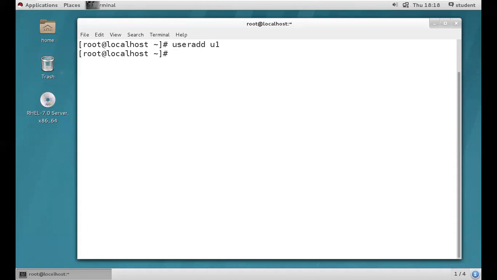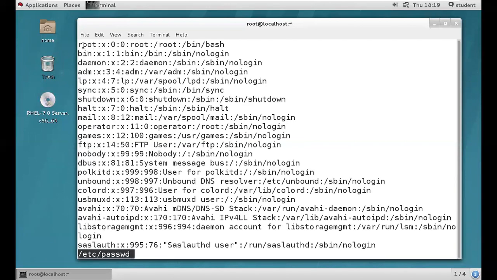Yesterday we discussed that when you create a user account, the user related properties are stored inside the /etc/passwd file. So we are going to use the less command on /etc/passwd and open this file. You know this file very well. While we were discussing the vim editor, you said it looks a little clumsy and that you were unable to understand the content of this file. Now you are going to understand exactly what kind of content we have in this file.